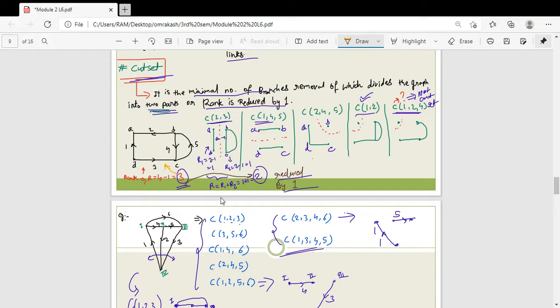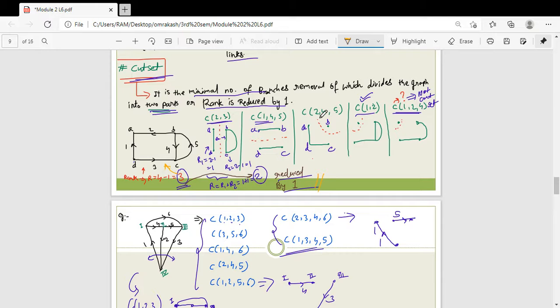So what is the rank of the overall graph now? It is 2. So observe, earlier your whole graph rank was 3, but now your rank is 2, so it is reduced by 1. The same way you can also verify the others. When you remove the 4th and 5th branches from this, you will get these two sections of the graph.